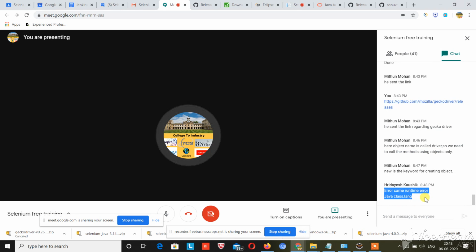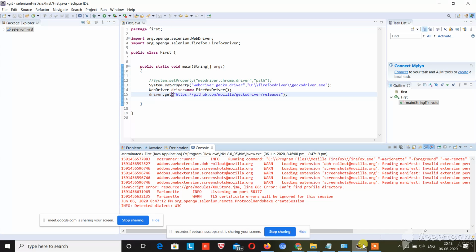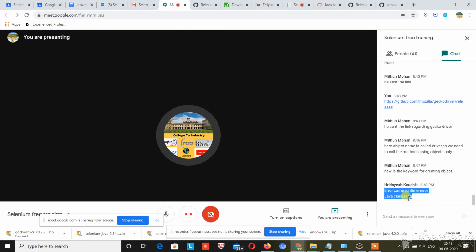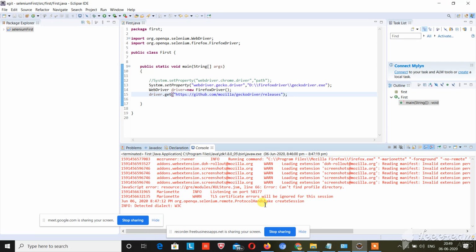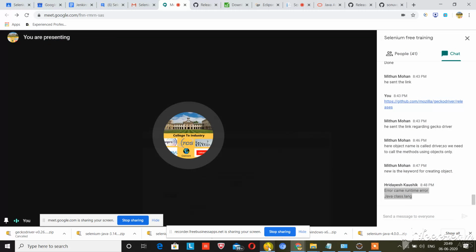Hridayas Kaushik, that means that you have not imported the jars correctly. You need to import the correct jars. Still in my machine... Okay guys, it has already done its task because it opened the path.